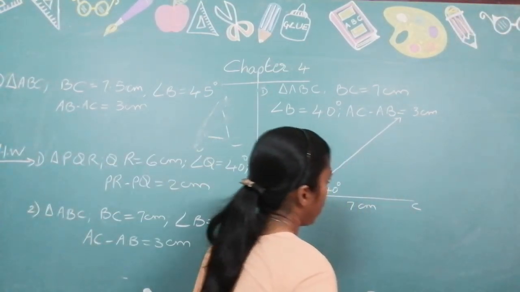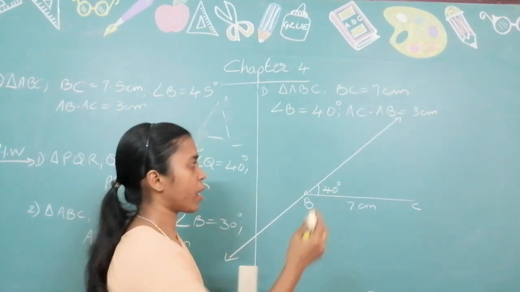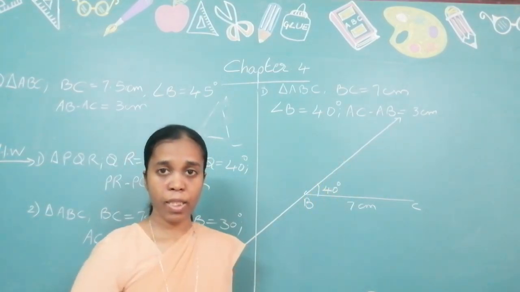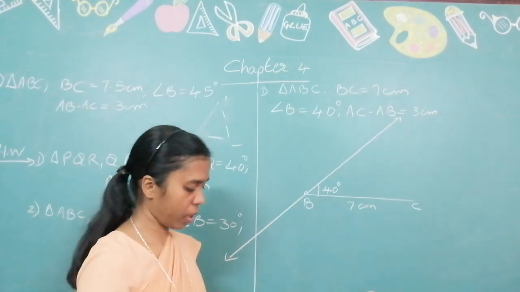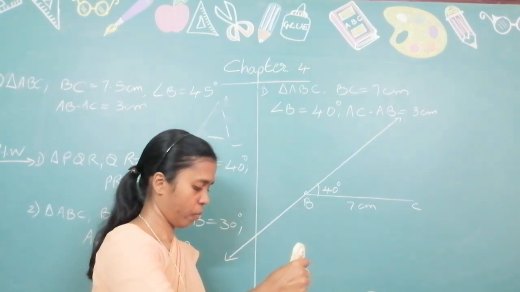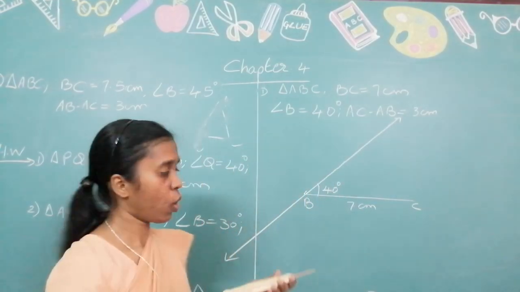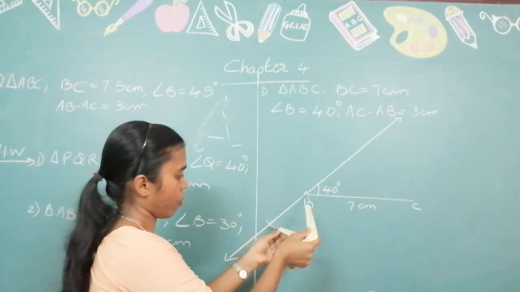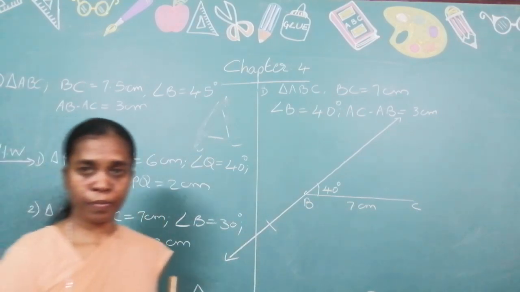Now take 3 centimeter. All this while what did we do? We have taken that measure. Whatever is the difference given, we take it and we mark it. In this case, as I said, construction is below. So we will be marking that 3 centimeter. The 3 centimeter will be marked on the below part of it. I suppose all of you have understood till here.